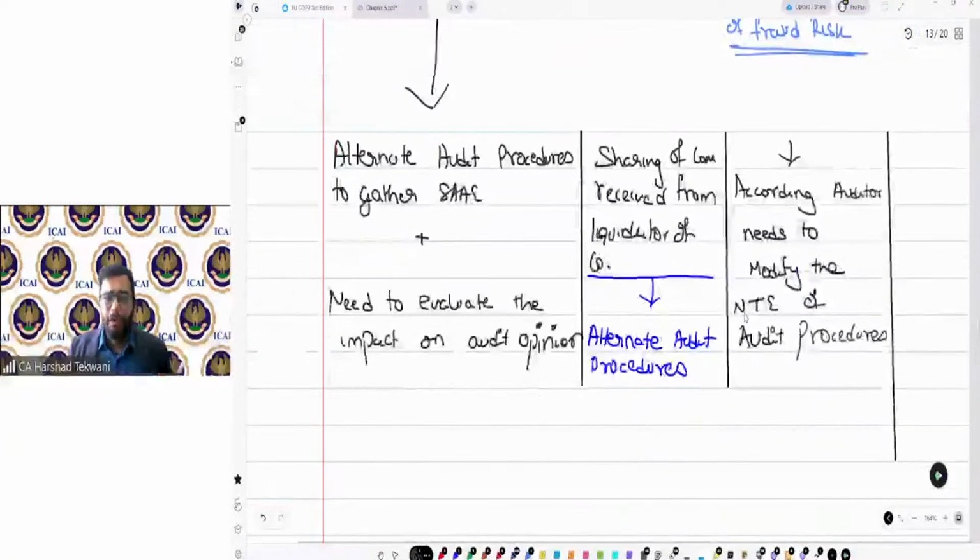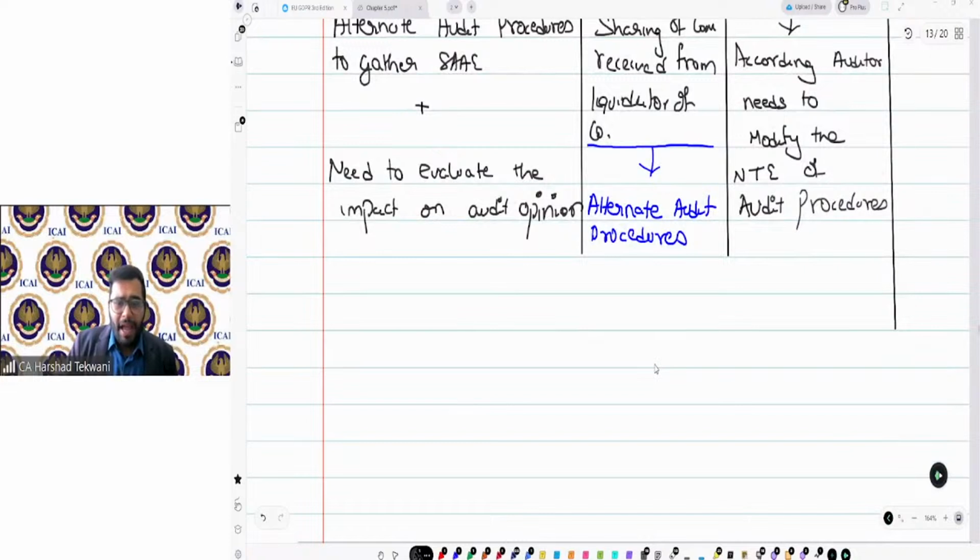Same way, accordingly, the auditor needs to modify the nature, timing, and extent of audit procedures. And even after modifying the procedures, I might be able to obtain, or I might not be able to obtain, sufficient and appropriate audit evidence.